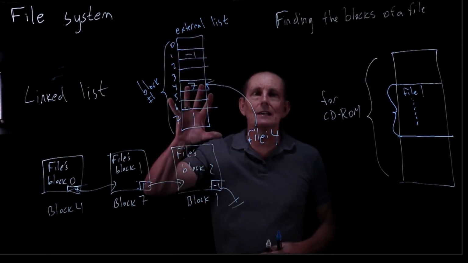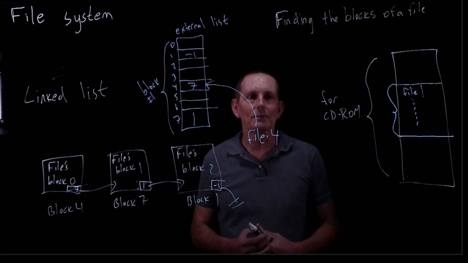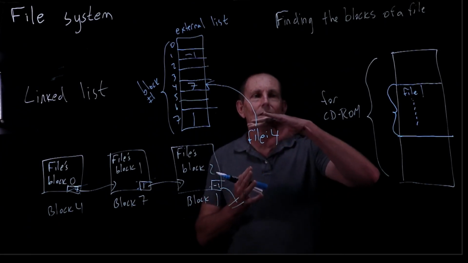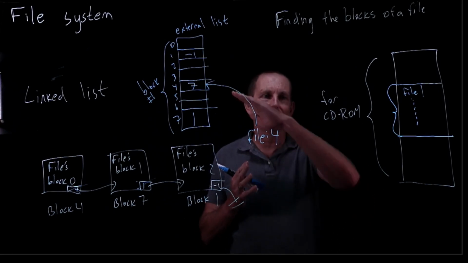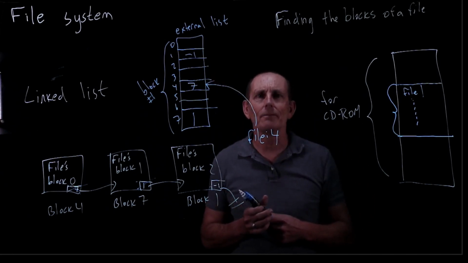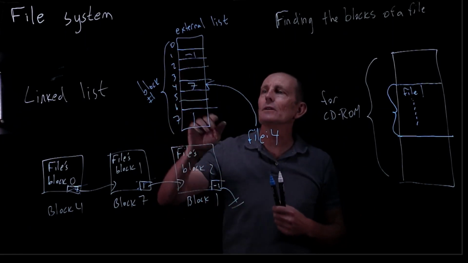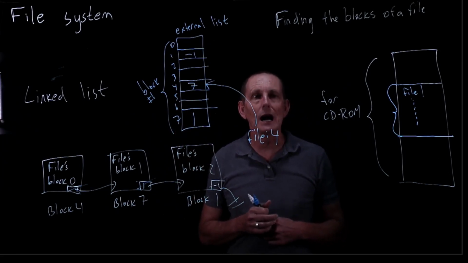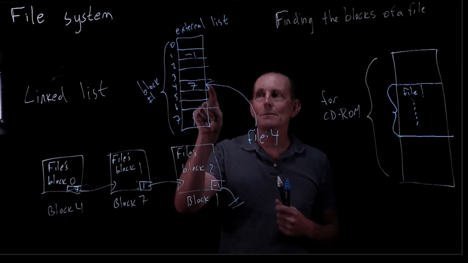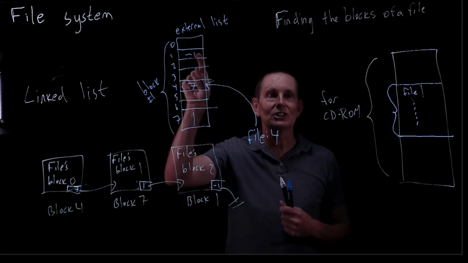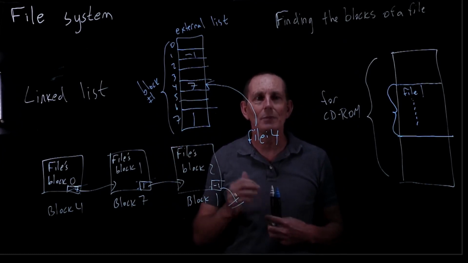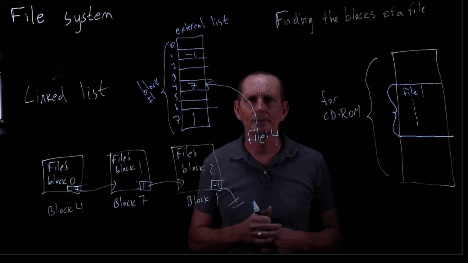It would be important that this list not only be in memory. So we want it to be in memory, and then we could also store it on disk. So we'd have to have it on disk so that we could figure out the blocks that are associated with that file. But in memory would make it very fast. Then if we wanted to find, let's say, the nth block of this file, we just go in memory and go n steps, memory steps though, and then we have a single disk access. And since the disk access is what's so expensive, basically we're still order 1 in the number of disk accesses.